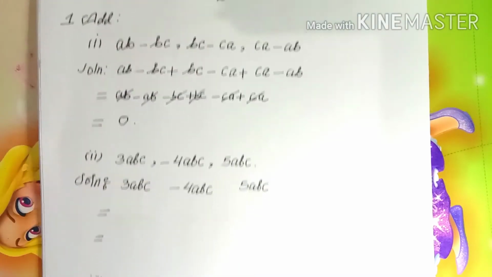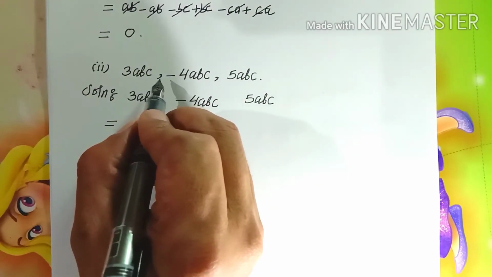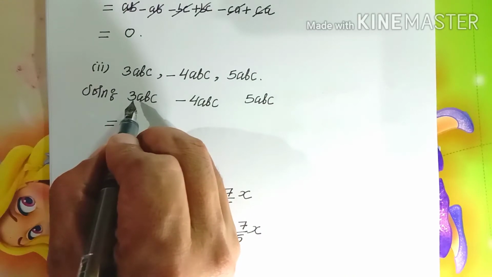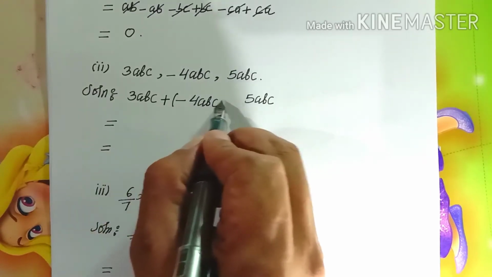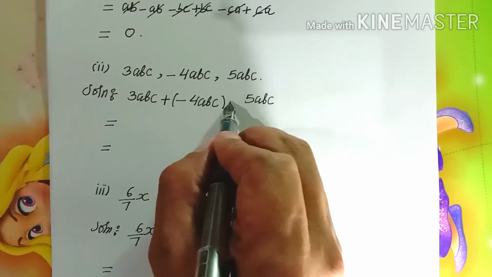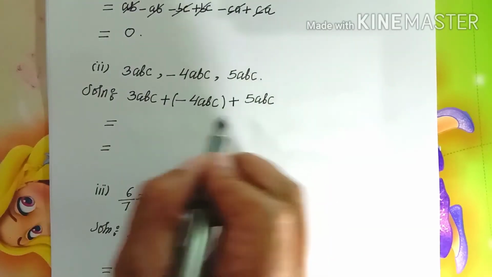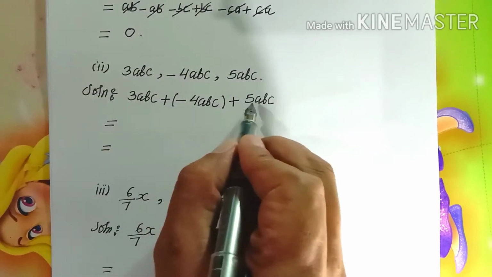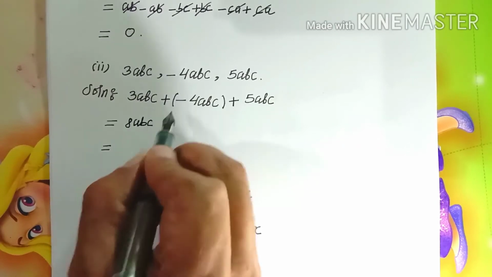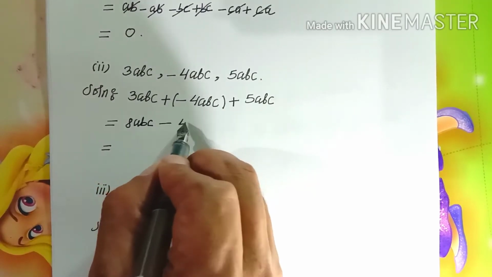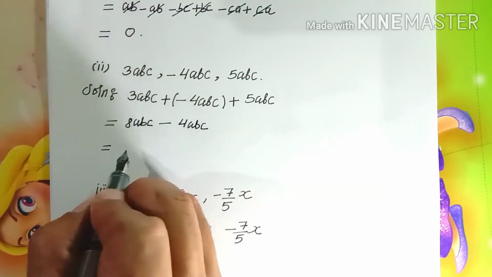Now the second question. Like we did in the previous one, first you can replace the comma with a plus sign. So we can see here 3ABC comma, which means you can take a plus sign, again minus 4ABC, again a comma is there, so you can take a plus sign. So all these three are like terms, so we can collect now 3ABC plus 5ABC, which is equal to 8ABC, plus minus minus, so we get 4ABC. Now again here 8 minus 4, which is equal to